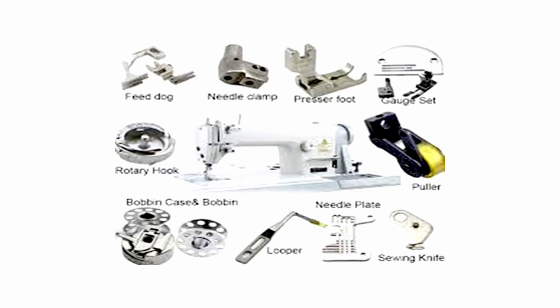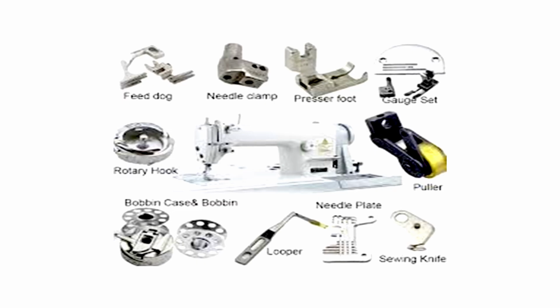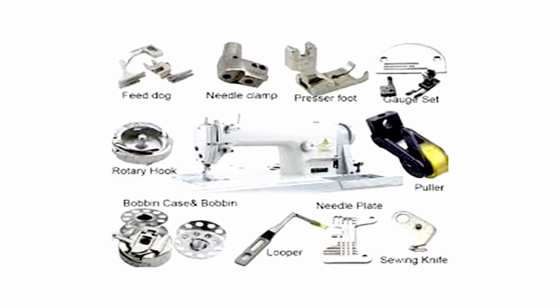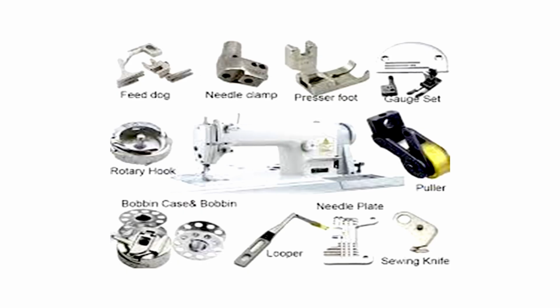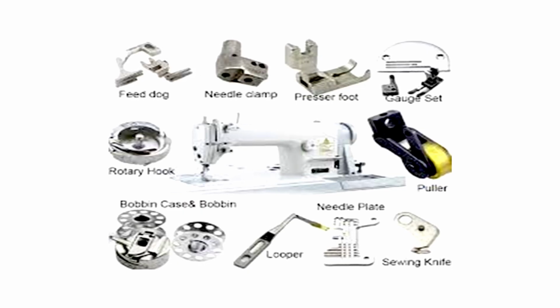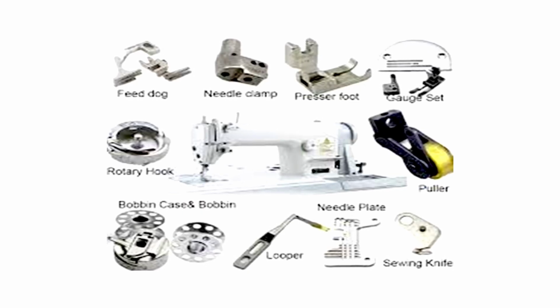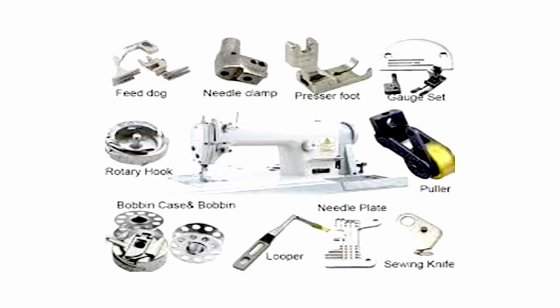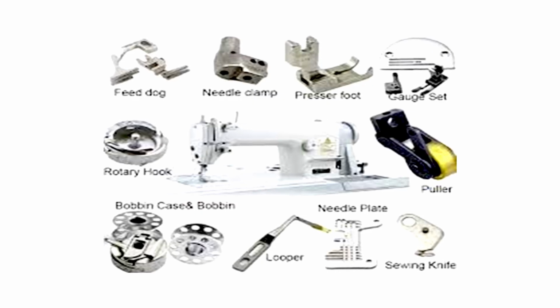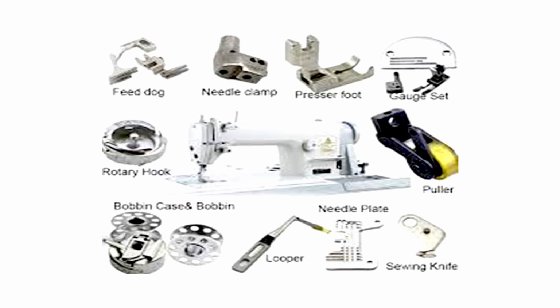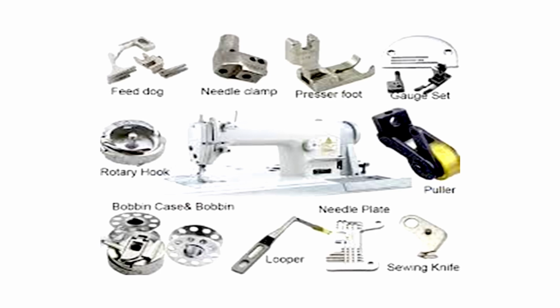So this is the tools on a broad picture you can see, and when you see a sewing machine you can correlate how the feed dog, needle clamp, and all these parts of the machine look. So this is about the basic features and the parts of the machine. When we talk about the machine, how many parts, let's discuss what part is used and what is the main function of that particular part.